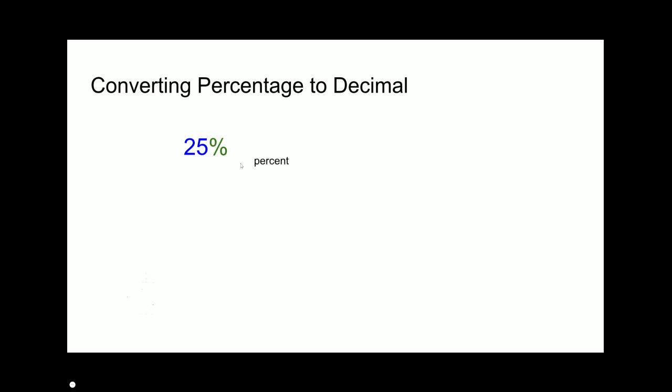Let's first make sure we have a way of understanding this symbol, because if you understand the symbol, you might better remember how to convert it to a decimal. Okay, the word percent comes from per and cent, which in Latin is probably percentum. I'm not sure if I'm pronouncing it right. Or in Spanish, por cien, which roughly translates to by the 100, or another way that I kind of prefer